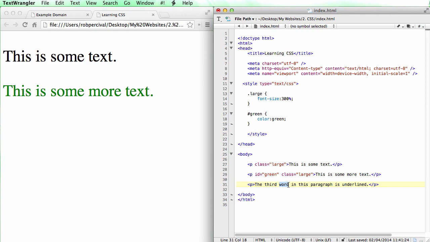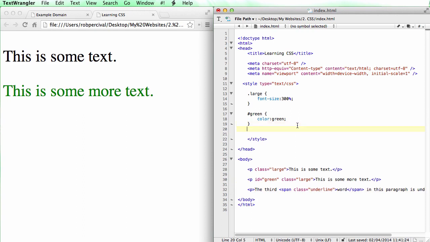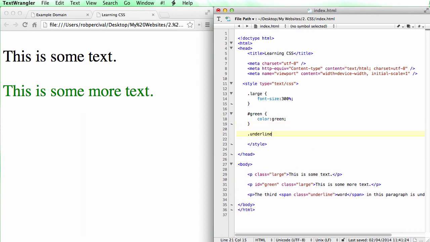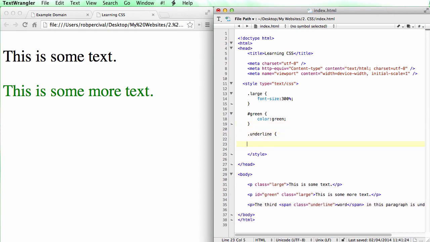So the third word in this paragraph is word. And what I'm going to do is surround that by a span tag, like that. And then I'm going to give that span a certain class. So we'll call it underline. And then up here, I'm going to create a new instruction for my underline class. And this is going to be text-decoration,